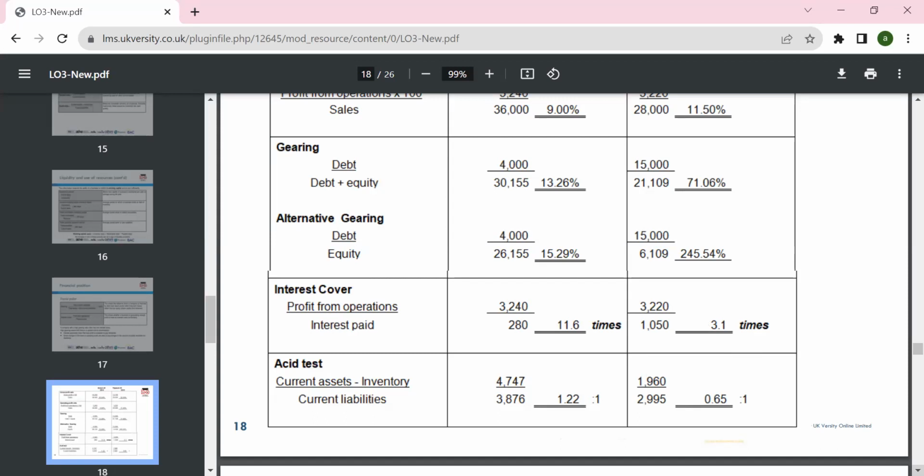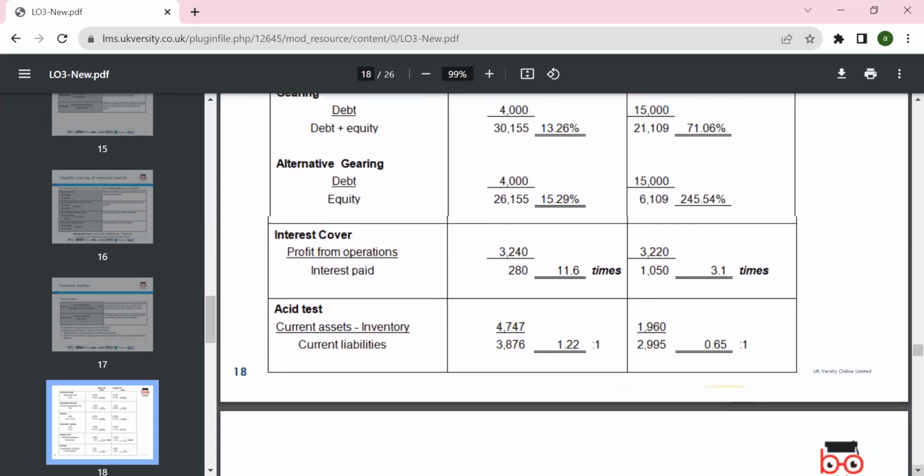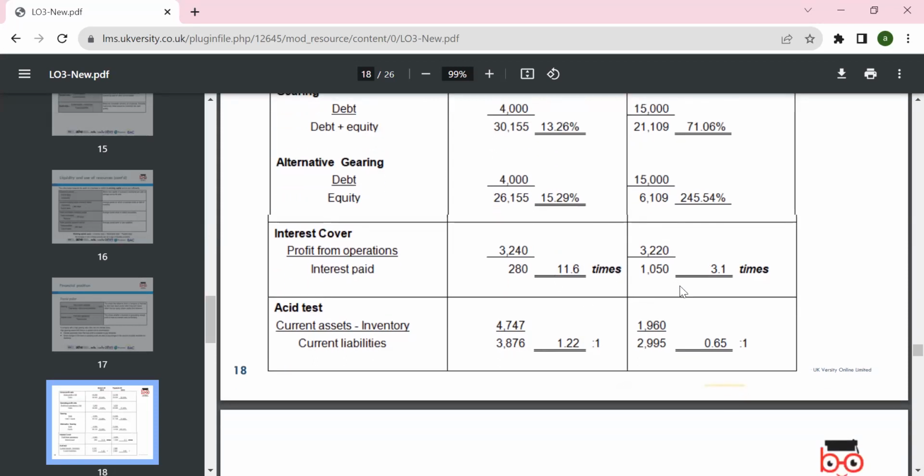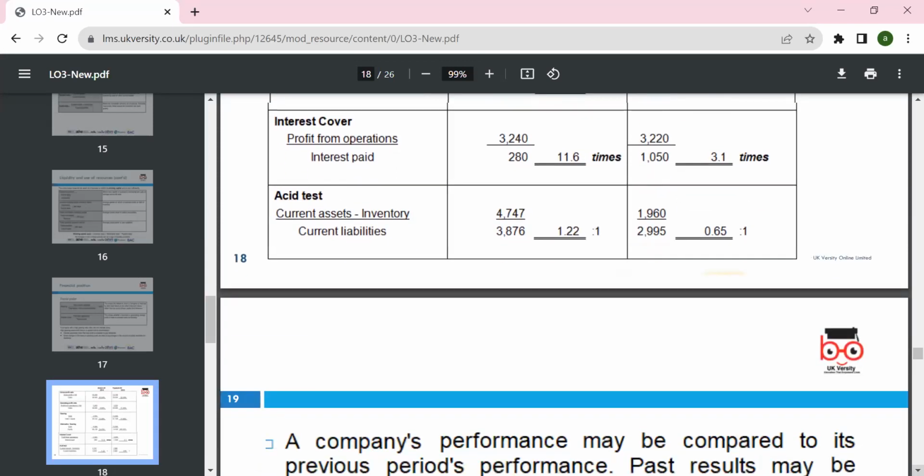So maybe you as a lender say, come on, you only give to this company, you're not giving to the other one. That can hurt your credit, or you will give a very high interest rate. So current assets minus inventory divided by current liabilities, we can look at these asset tests as well. Earlier we mentioned this should be 1 to 1, and this is coming 1.2, which is good, because your asset is 1.2 pence and your liability